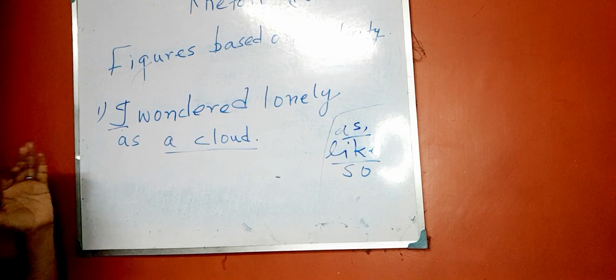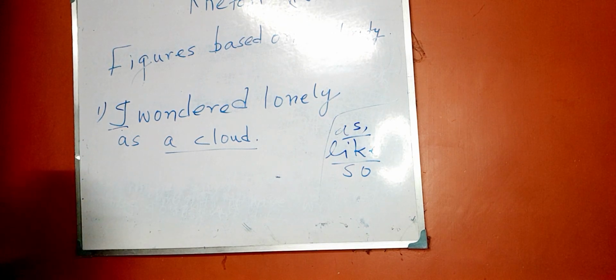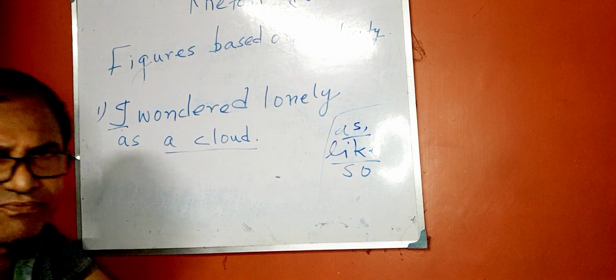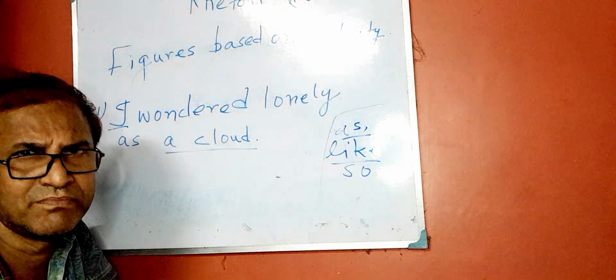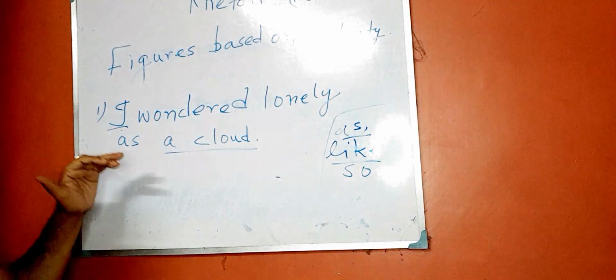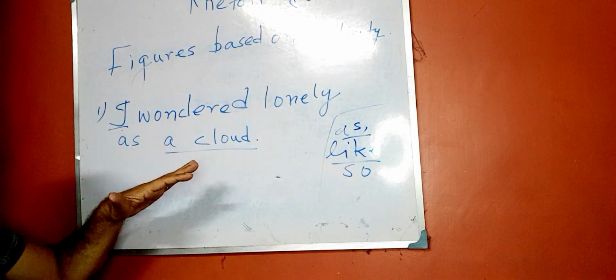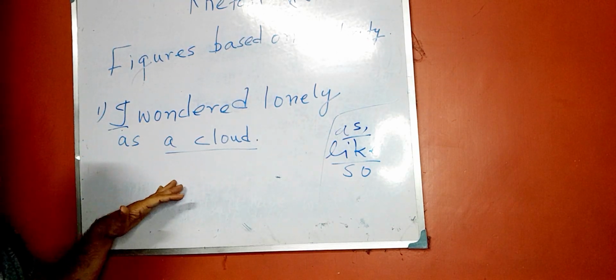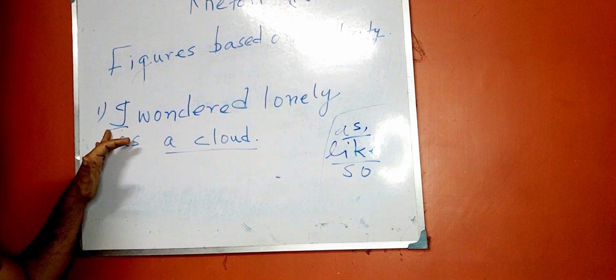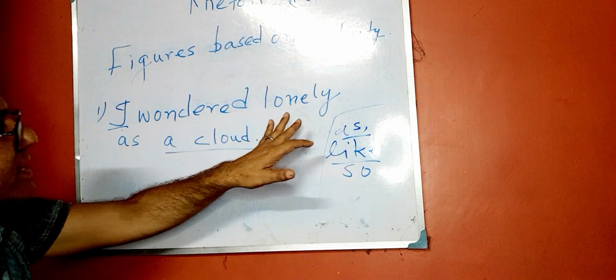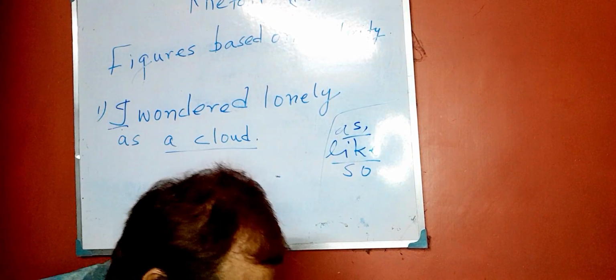You can write that also. If you forget that, it doesn't make any difference. You have already identified what you have been given to identify. There is no problem in writing. If you are able to write that, you have already identified, that will do. I wandered lonely as a cloud. I am giving you another example.